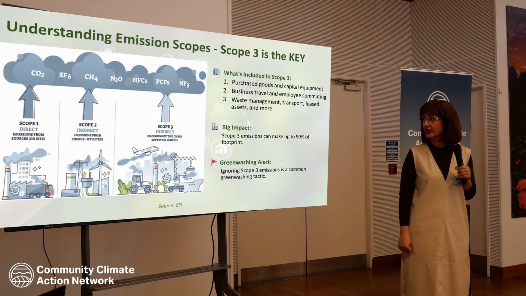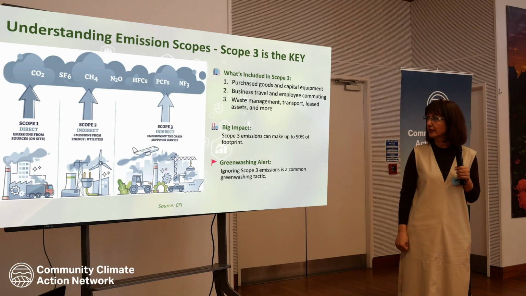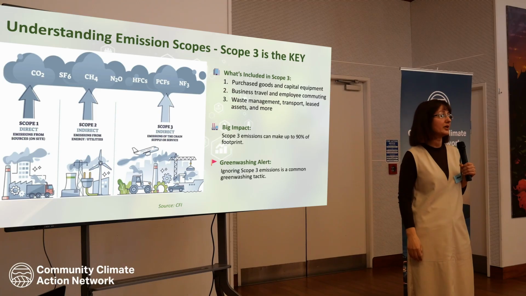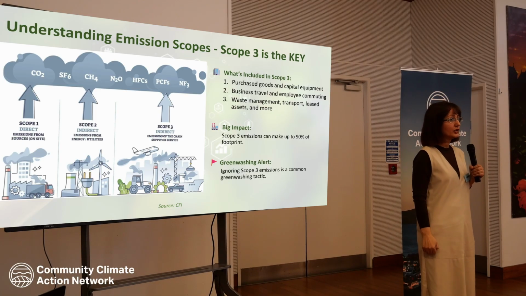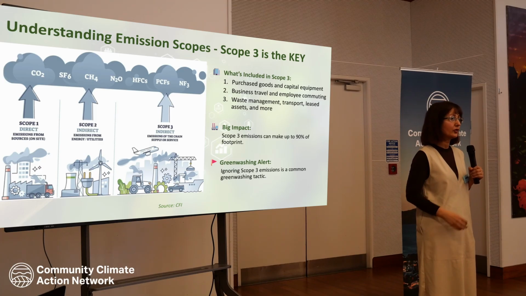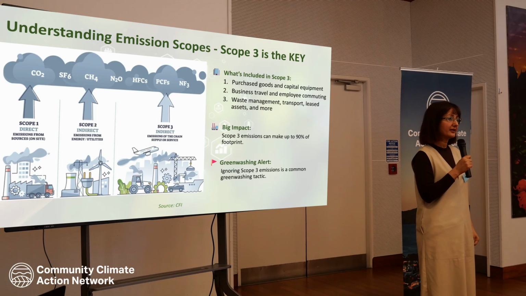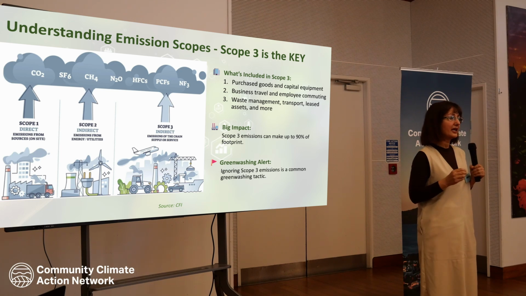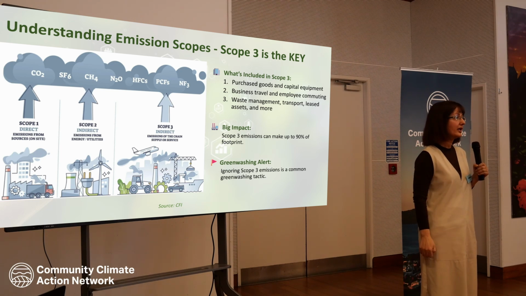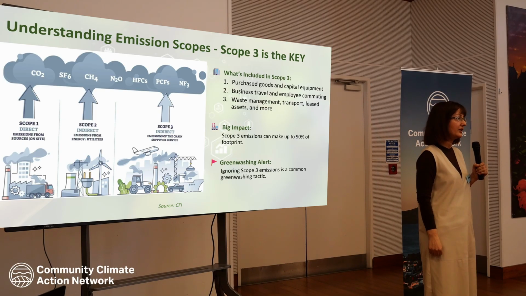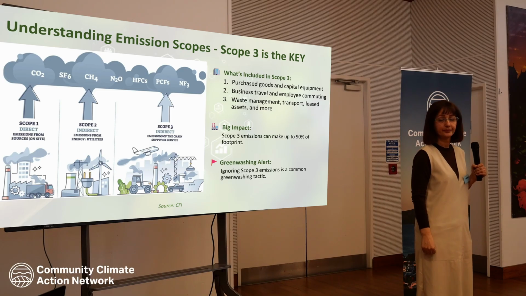We can dive into each category, but Scope 3 includes purchased goods and capital equipment, business travel, employee commuting, waste management, and more. At this stage, you may feel that it is unfair for your company to be held responsible for emissions from sources that it doesn't even own. But that is exactly what carbon accounting is about. Carbon accounting is not simply about measuring CO2 in the atmosphere. It's more about accountability, meaning which companies' operations and activities are responsible for the emissions.